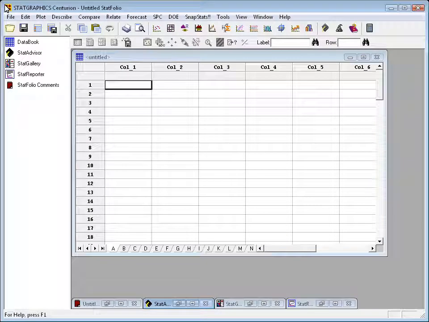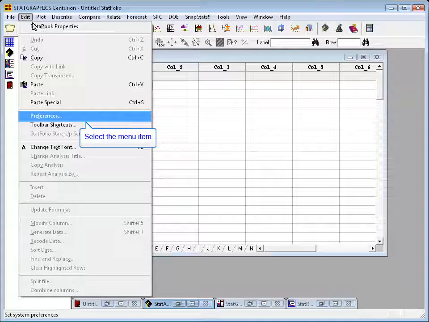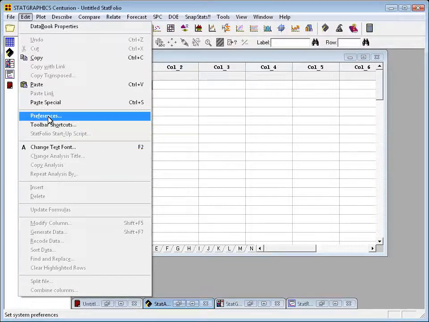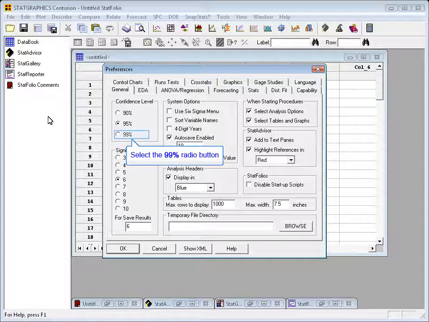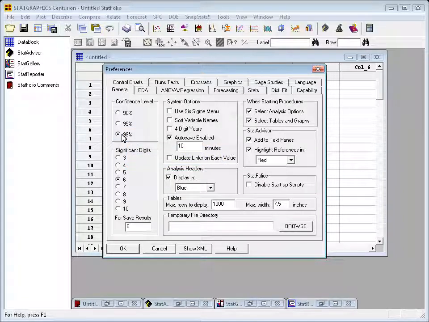One of the things you'll want to be able to do is to edit and save your own system preferences. If you go to Edit on the top menu and select Preferences, it will bring up a large tabbed dialog box. On this box, you set the values of various defaults that are used by the program. For example, if you look at the confidence level radio buttons, it currently is set to 95%, which says to